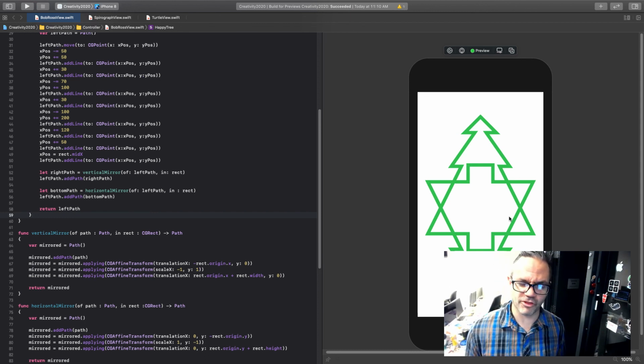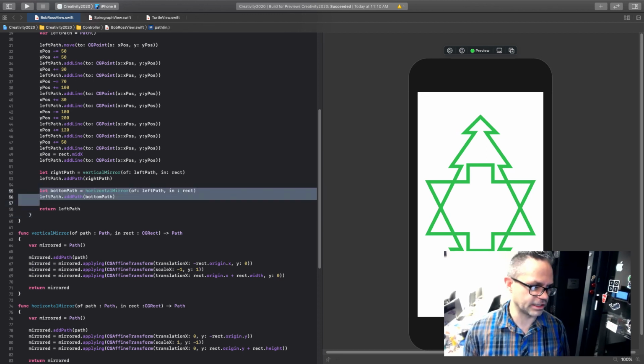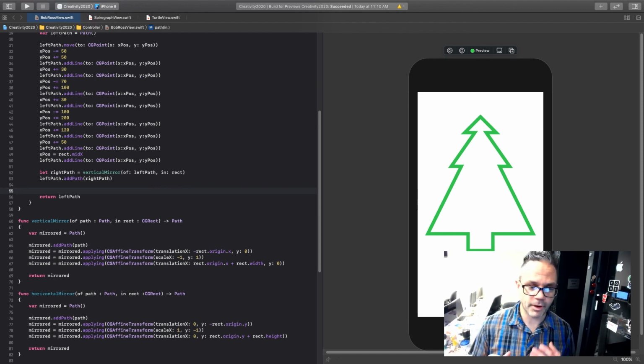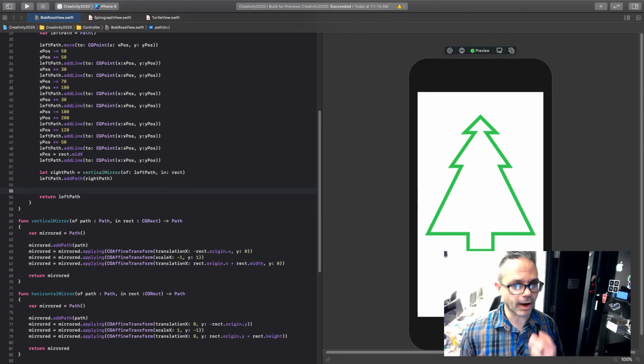Not quite the most helpful thing, but I can do that right there. So that's great and all, but we'll go ahead and take that off because we don't really need that. Because we don't need to have a bottom upside down tree inside our tree. But wait, there's more. Bob Ross is going to be extra happy with us because we're going to use a